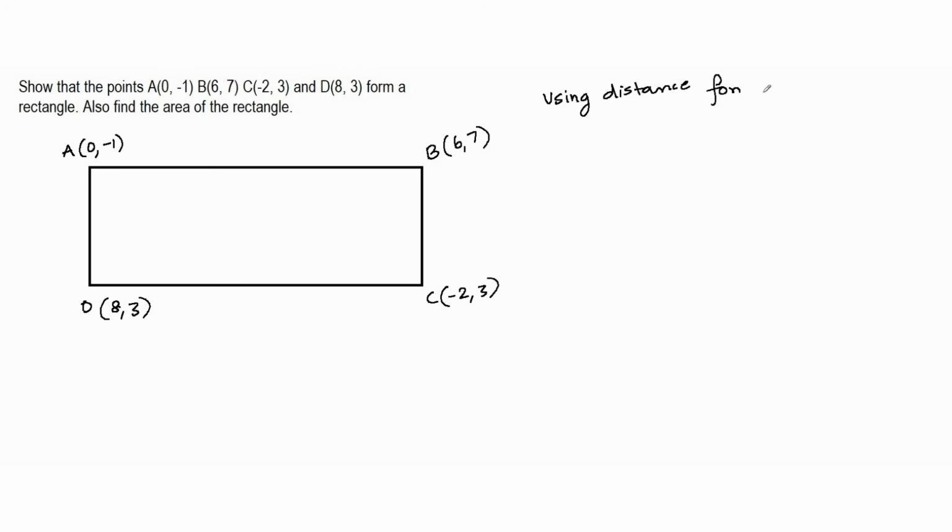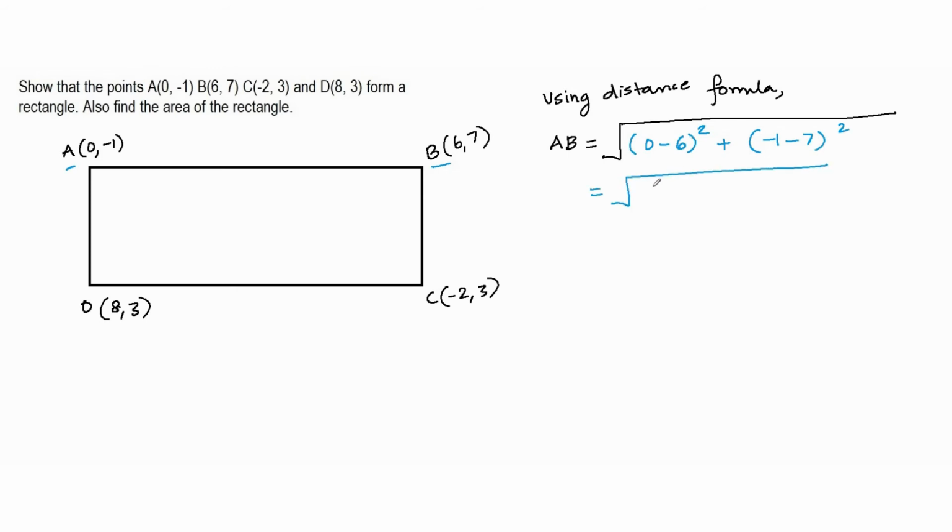let me find AB. So AB is going to be equal to under root of, now when I am finding AB, make sure that you use coordinates of A and B. So it would be 0 minus 6 the whole square, the difference between the x coordinates, plus -1, -7 the whole square, and that is going to be under root of -6 square is 36 plus -8 square is 64, and that equals square root of 100, which is 10 units. So I got the length of AB as 10 units.